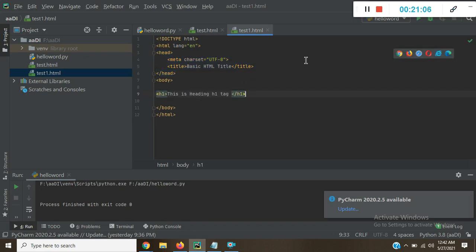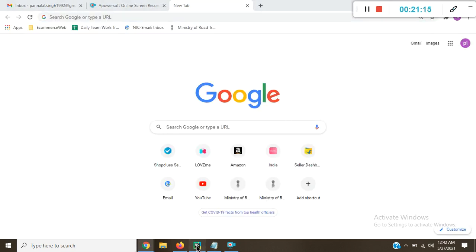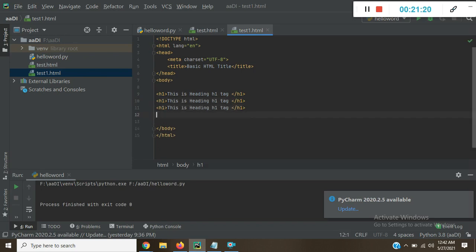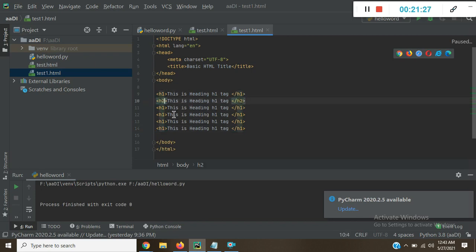Okay, so let's run this program and you can see this is our heading H1 tag. Now we go for the H2 tag, H3 tag, H4 tag, H5 tag, and this is our H6 tag.